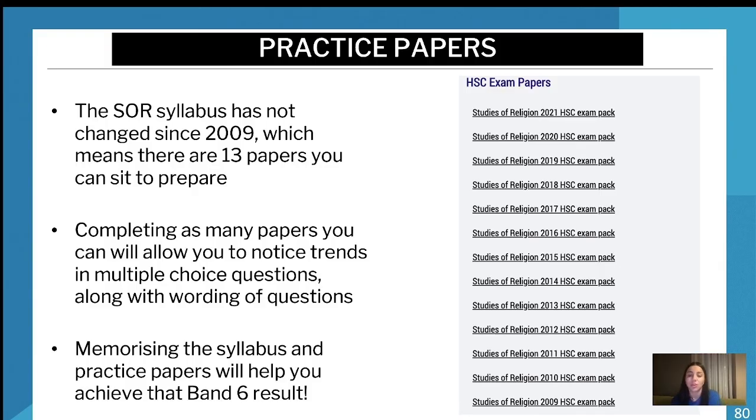Now, up to you if you really want to kill SOR and get full marks. You can really smash it out, and it is very achievable to score above 95 out of 100 on this exam, because the only places you can really lose marks come down to structure and application, because content wise it's all there and it's pure memorizing. But that's up to you guys and how you're going with your other subjects, because it's very important to keep those in mind.